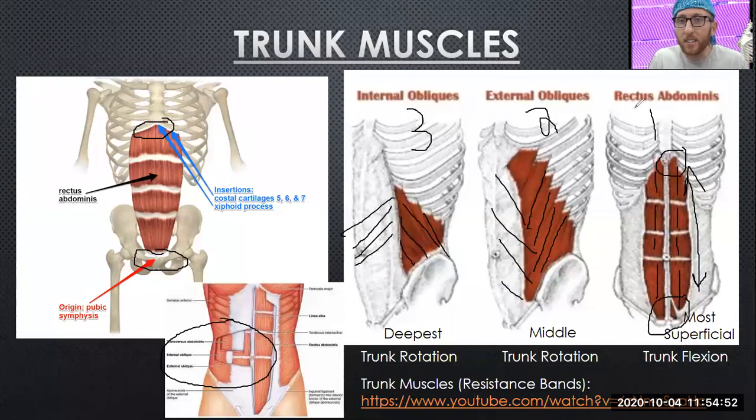Now, both the external and internal obliques are for rotation. If they're at an angle, they're going to pull you and rotate you to either side. So give it a few twists here, just like you saw in those videos, and you'll start to feel the